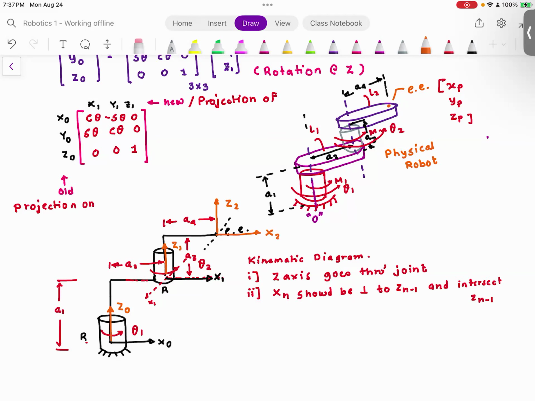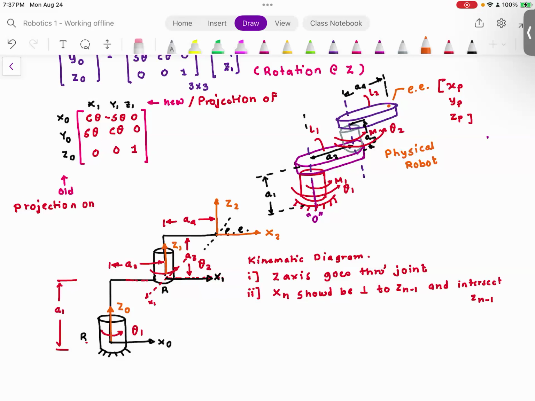X2. Everyone understood how I found X? So X0 can be anywhere because there is no other axis before this. This X1 needs to intersect with Z0, so it has to be here. That X2 needs to intersect with Z1, so it needs to be here. So I've drawn X0, Z0, X1, Z1, X2,